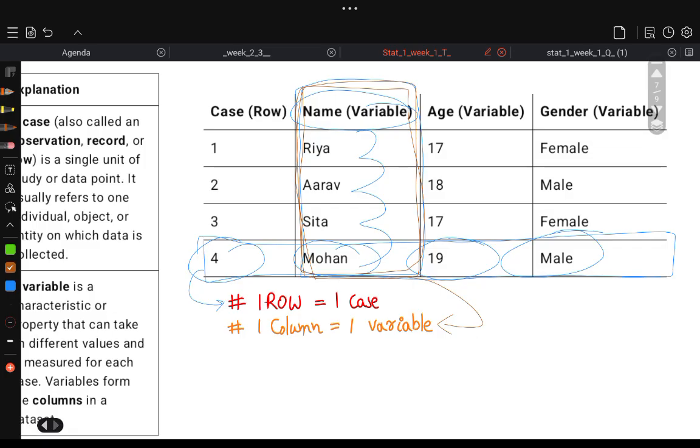The row, for example, in this case, the fourth row, the serial number is 4, the name is Mohan, the age is 19, and he is a male. Okay,